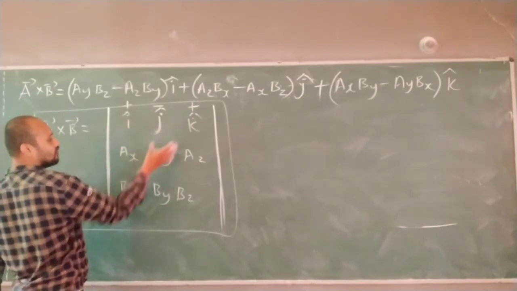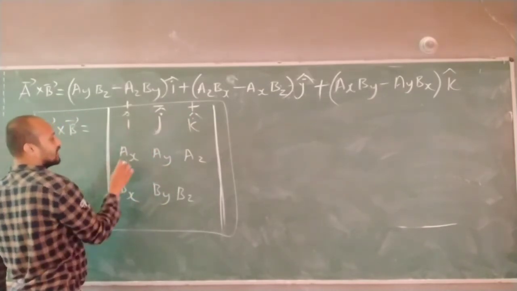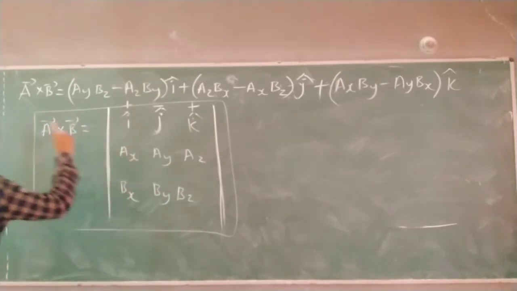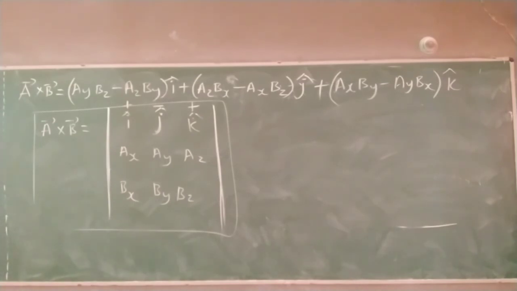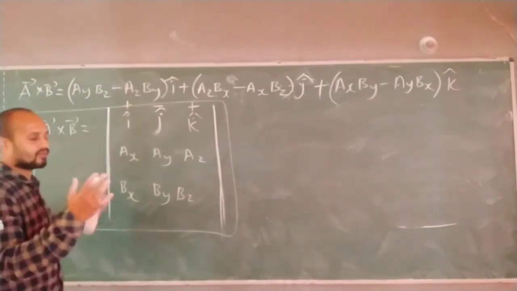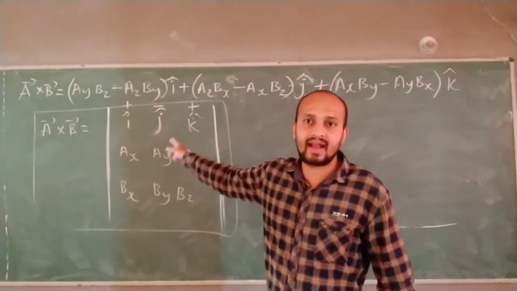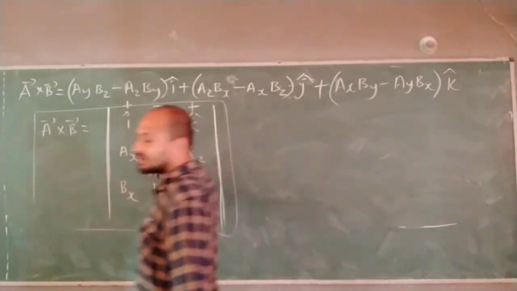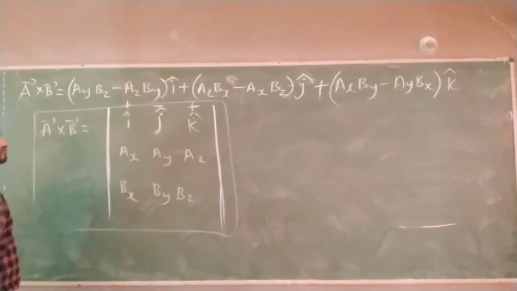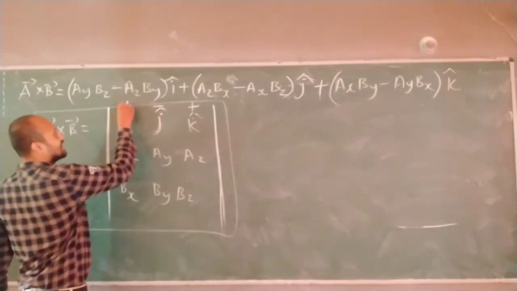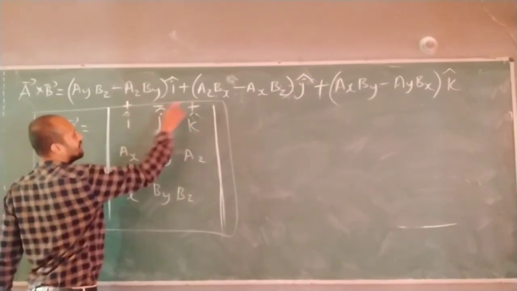Now suppose this is the format of the determinant. i j k, ax, ay, az, second row, third row is bx, by, bz. Now the determinant of these things will give you a cross b. You can check that. If two vectors are given in terms of i j k, immediately you can put the determinant like this. By finding its value, you can find a cross b. Correct now? So let's check it here. Let us consider this is plus sign, this is minus sign, this is plus sign.